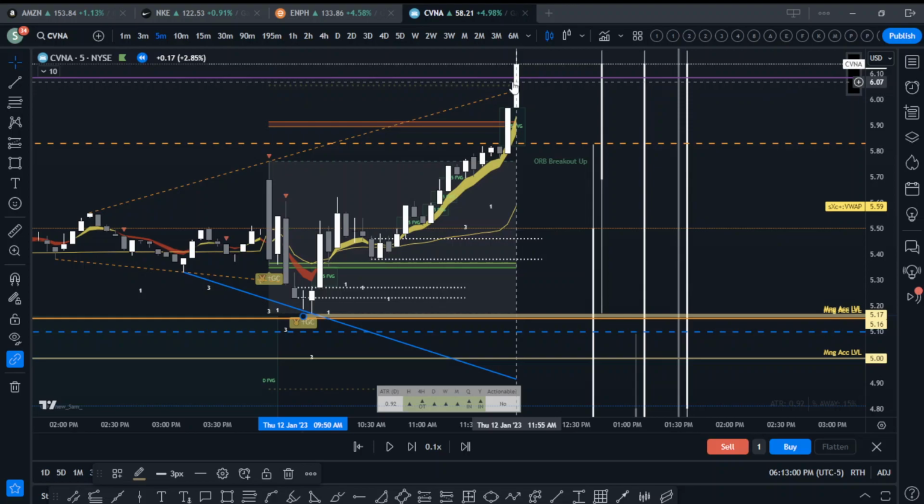I believe you're referring to SMAs. I'm using the EMAs, exponential moving averages, not SMAs. And again, if you want access to this indicator,